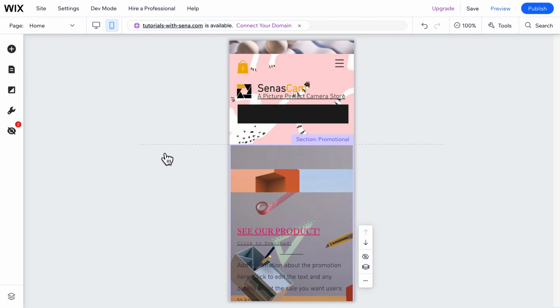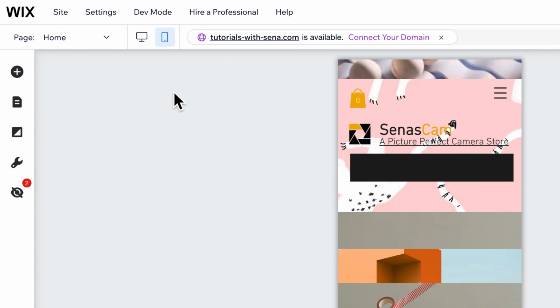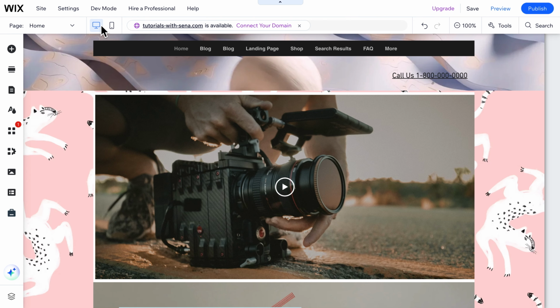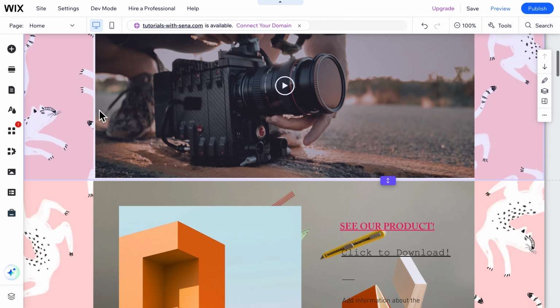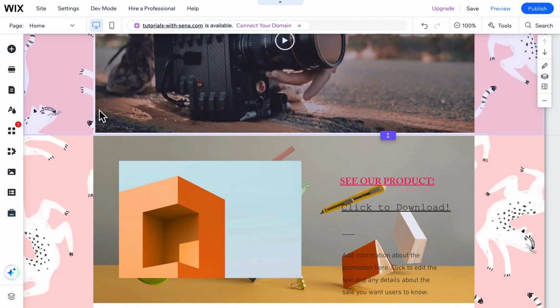And then, if you are on mobile editor and you want to change it to desktop editor to fit the content, again, you want to click right here at the top left of your screen on the switch to desktop with the computer icon. And there you go. Here on the desktop editor, you can customize the content to really fit on the desktop